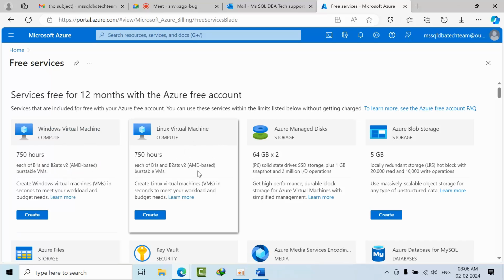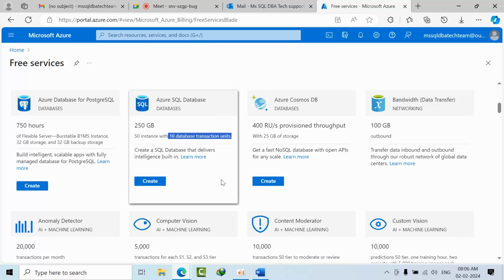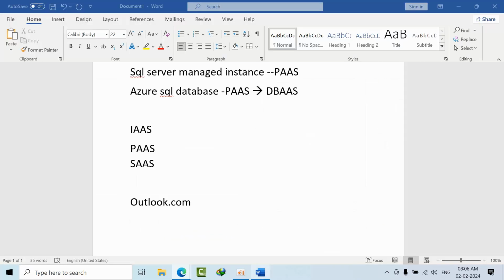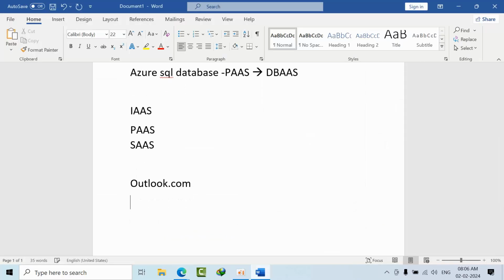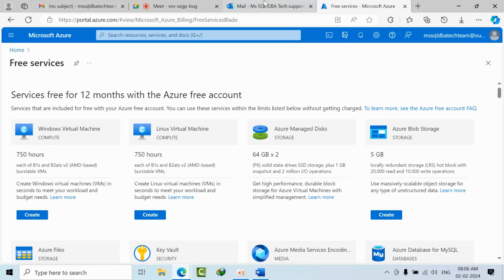Linux machine too; these are all free services. For Azure SQL, they give an Azure SQL database with 250 GB, and 10 databases at the transaction unit level, I mean DTUs. Now we can look into how to create the portal account.